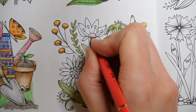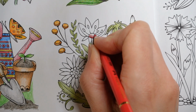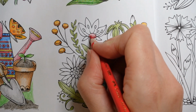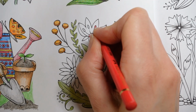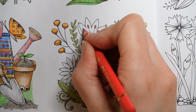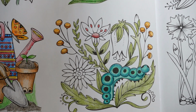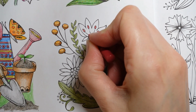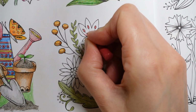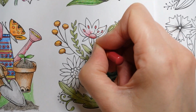So lots of layers at the bottom, and then less as I go up the central bit, like that. I want it quite pale on the top, and then these as well in this colour. Quite a large amount of colour there, like that. Now I'm going to use the pink carmine. What's this one? It's little. And do the bottoms of the petals, and sort of start to fade it up. And I'm not going to do the outside of that one, because these are all...